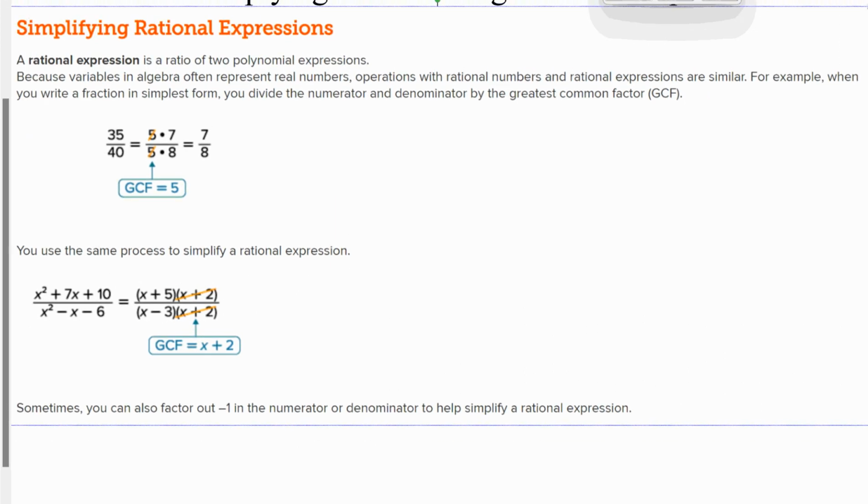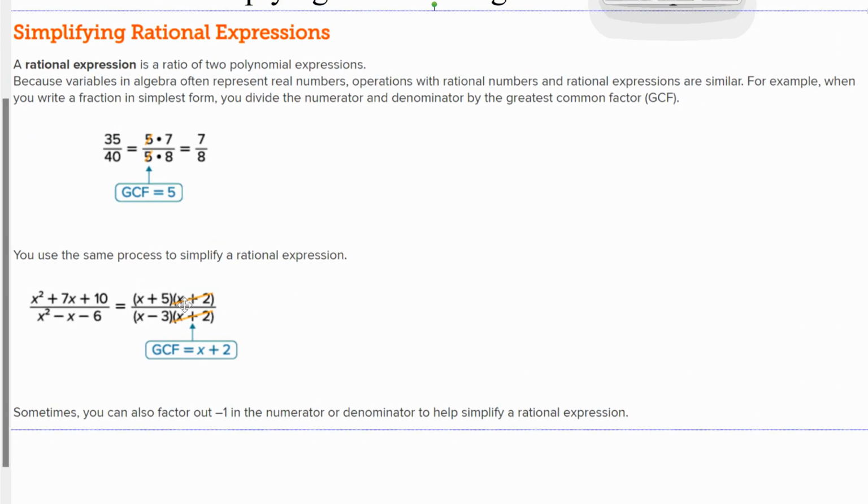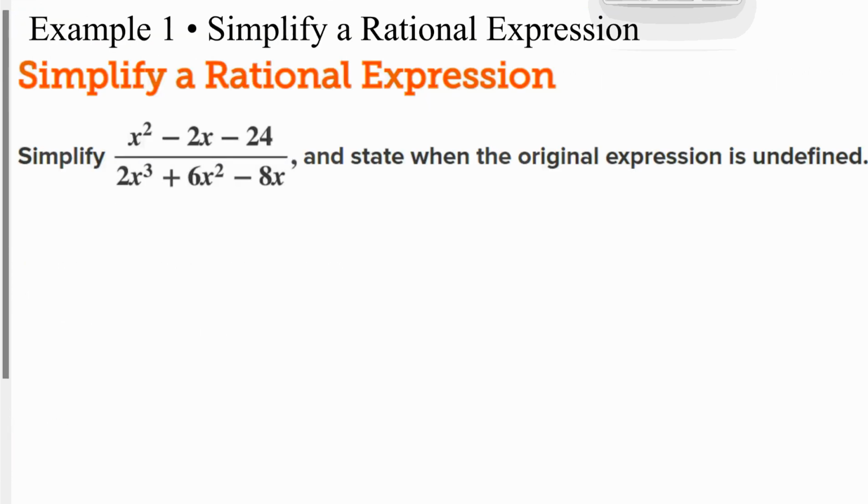We can take anything that looks like a quadratic here on top and we can factor it, and factor the bottom, and cancel out common factors, right? Canceling out the GCF. Same thing. So if you're not good at factoring, I would look up some videos of how to factor and try to get better at factoring. So looking at example 1 here, we got this quadratic at the top,